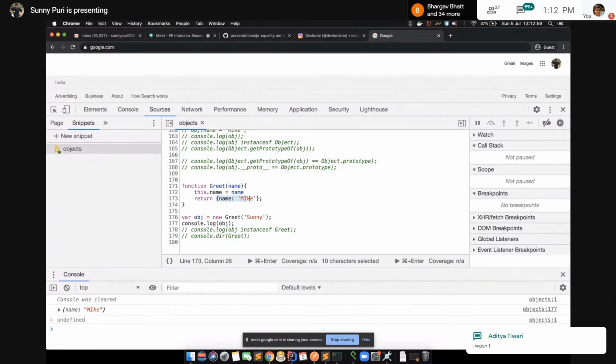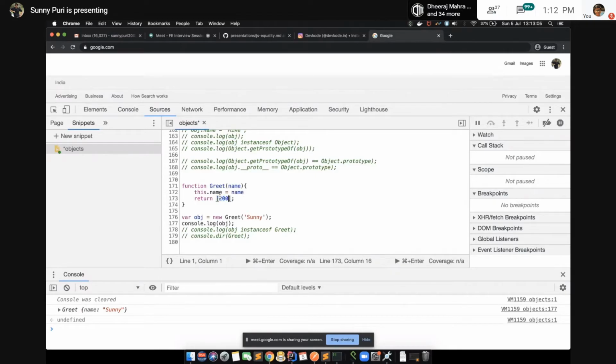Otherwise, it will be ignored. If you return 200, it will ignore. Non-primitive means not only objects, arrays as well. I said non-primitive, it means arrays, objects, functions, anything, in case of new.